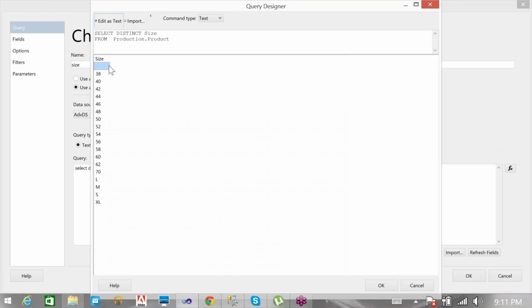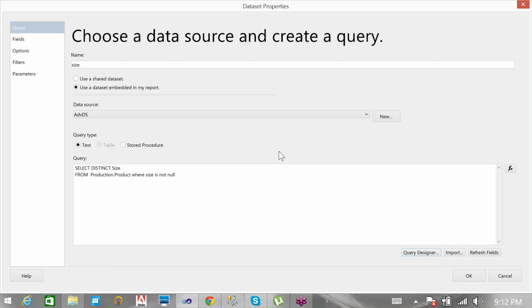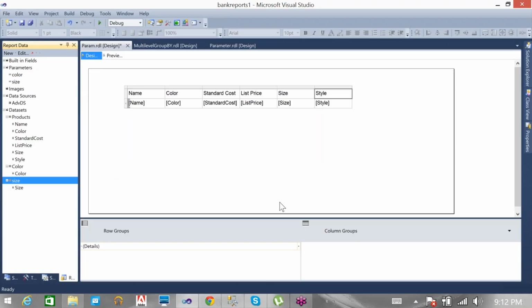Okay. Here you are getting some null sizes because we are displaying the null as a 0. But in the parameter, if you don't want that one, you can remove it. That's your wish. Whatever you want to do, you can do it. Either you want to display it with some particular character or value, or you don't want to display it. Okay, that you can do.